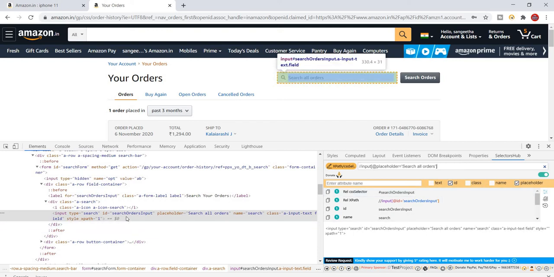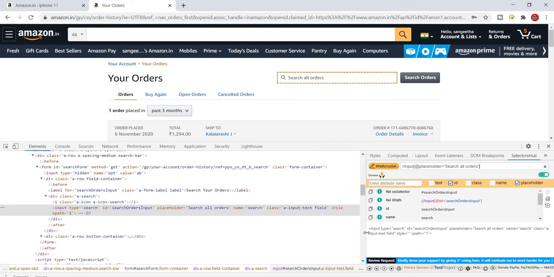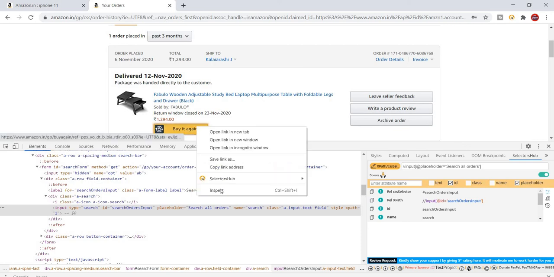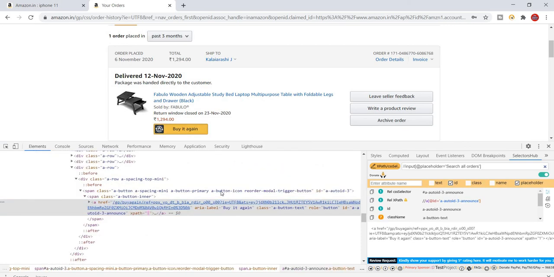Based on this way, we can filter which is the correct attribute value found inside the element or not. Sometimes an attribute value contains a random number and random text, so please avoid that kind of attribute value. I'm going to show you here. Again, I'm going to inspect this one.